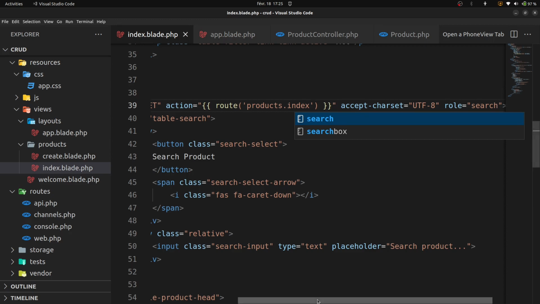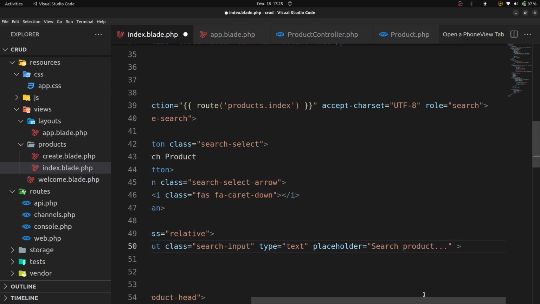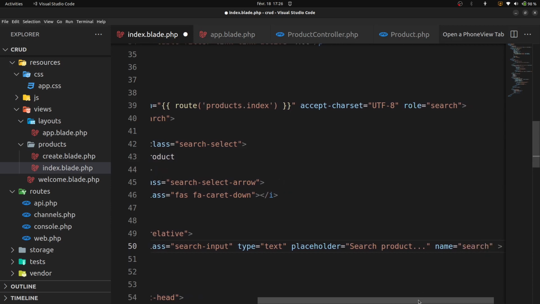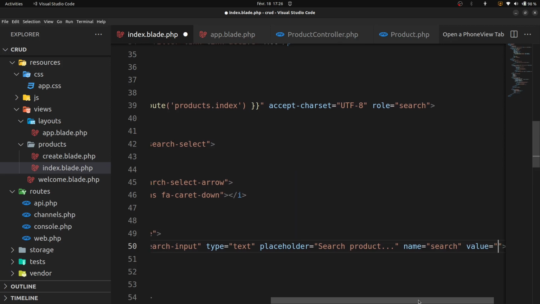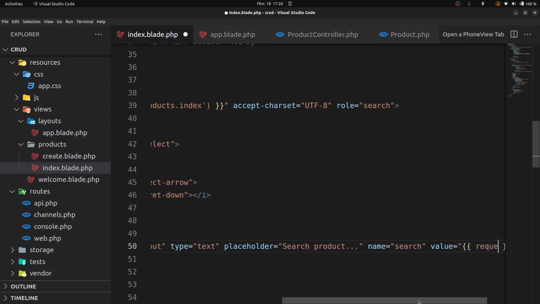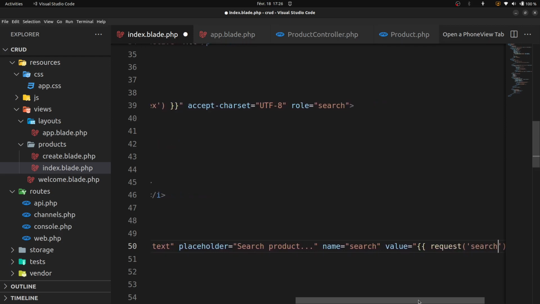and add to this input name search. Alright, and the variable request search. Alright,